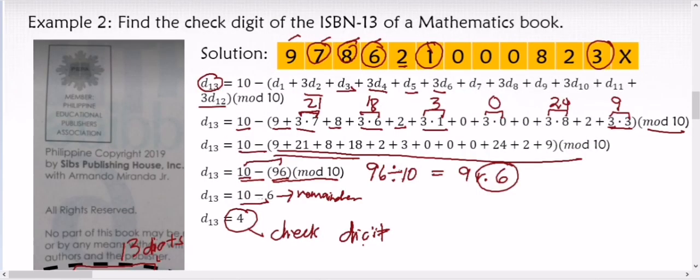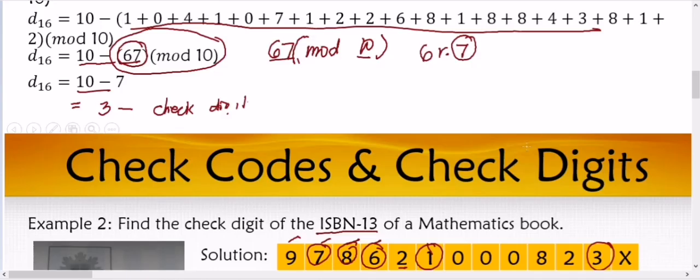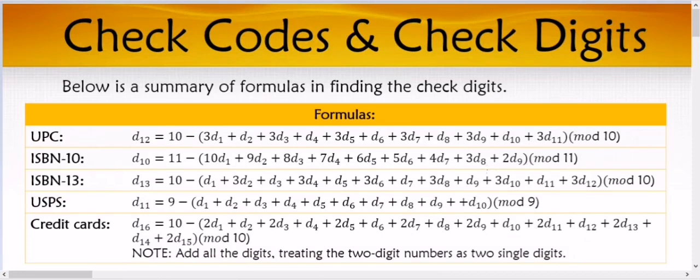So, ganun lang kadali yung paggamit ng mga formula for the check codes and check digits. Babanggitin naman kung anong formula ang gagamitin: ISBN-13 or kung credit card o kung barcode ng mga products na nabibili sa department store. Okay? So, I hope that you understood our